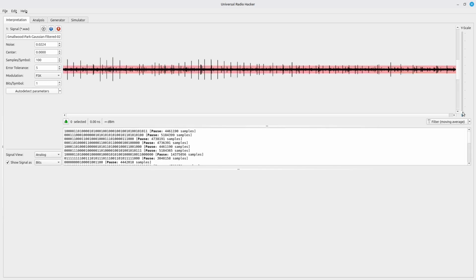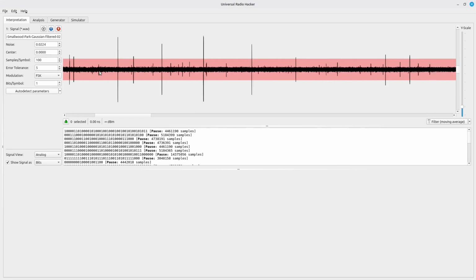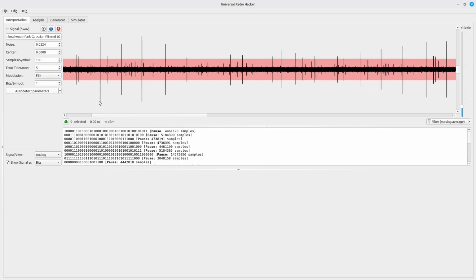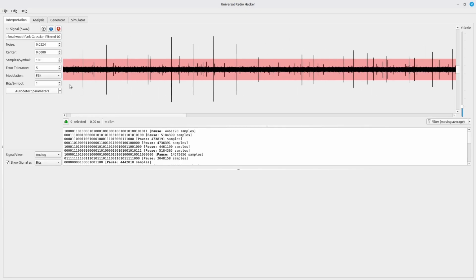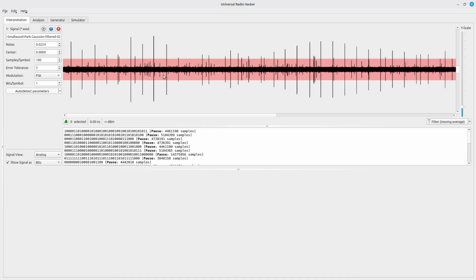When you first look at it, if I blow this up a little bit, you can see all these spikes. Each one of those spikes corresponds to an AIS transmission. And you'll notice that some of them are larger, some of them are smaller. Obviously, the smaller ones are most likely further away. Larger ones are going to be closer, and so on. What I'm going to do here is pick one of these signals and use it for further processing.